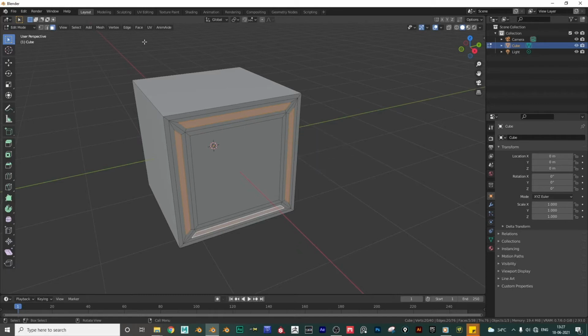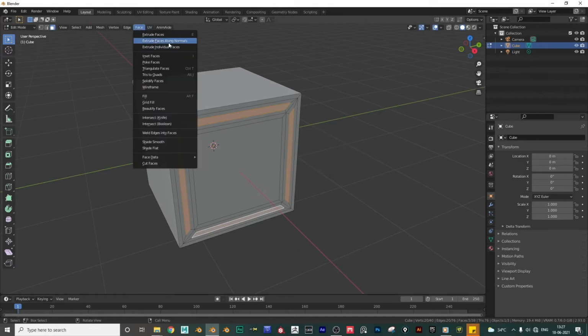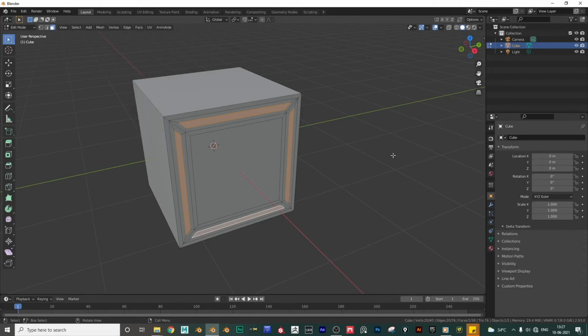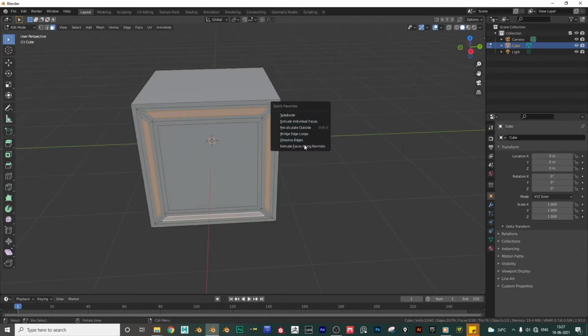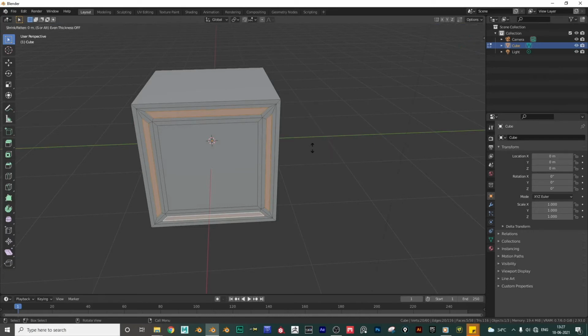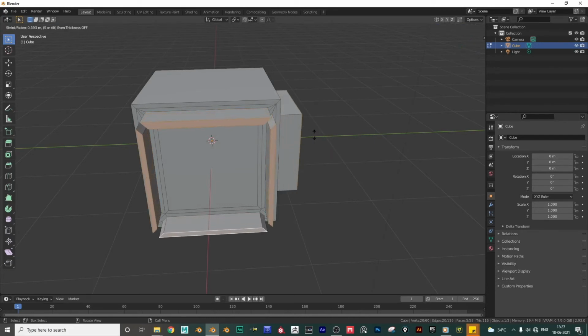So select any tool or action that you need and just right click on it and assign it to Quick Favorites. Let me remove the already existing one and redo it again. Now add to Quick Favorites. Now hit Q and you should see it here on the list. I have also added a few of my most used tools in my favorites here. It is very handy and makes the production much faster.